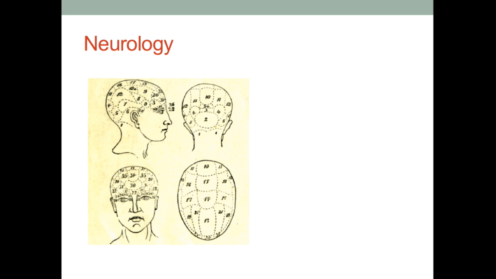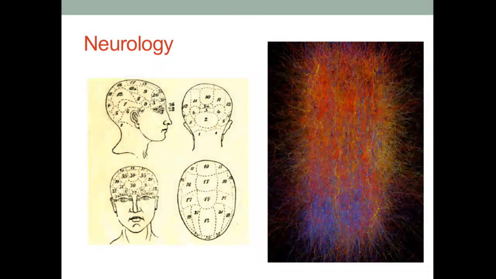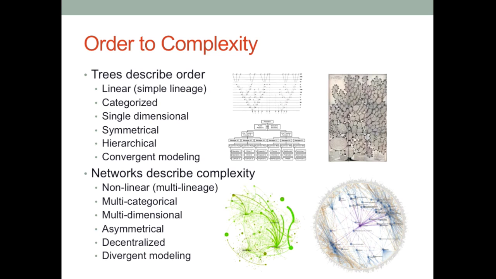Another one, neurology. On the left, you have that kind of phrenology, this notion that a particular section of the brain is responsible for one particular thing. And more, as we're understanding neurology and doing models like, I think this was the Blueprint project, which tried to map a certain portion of the neocortex. It's a graph, right? There's these connections there, and it shows that really there's no one section that's responsible solely for one particular thing. It's really a network, an interaction of many different systems. It becomes very complex. So that's a few contrasts.